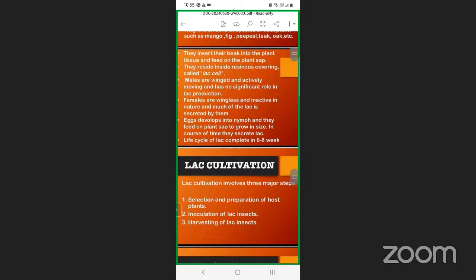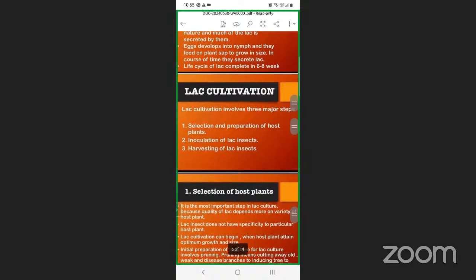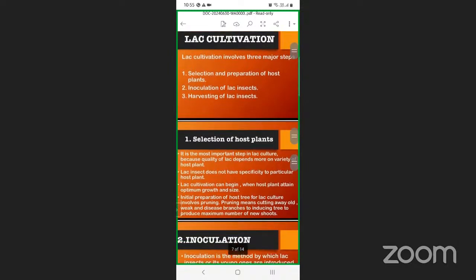And these eggs develop into nymphs, and they feed on the plant sap to grow in size. In the course of time they secrete the lac. So the life cycle of lac usually completes in 6 to 8 weeks, and lac cultivation involves three major steps: selection and preparation of the host plant, inoculation of the lac insects, and